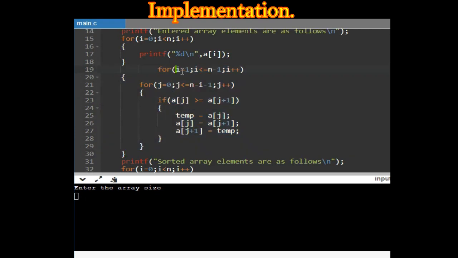The first for loop is the outer for loop. The outer for loop runs for i = 1 to n minus 1. Then j = 0 to n minus i minus 1. The condition is a[j] greater than a[j+1]. The first element is at index 0 and the second element is j plus 1, that is, the first element and the second element. So if the first element is greater than the second element,